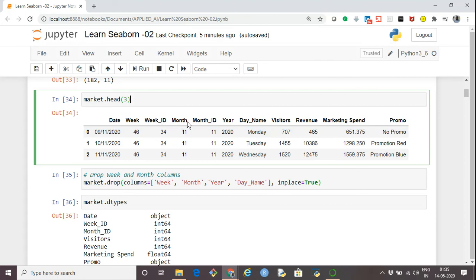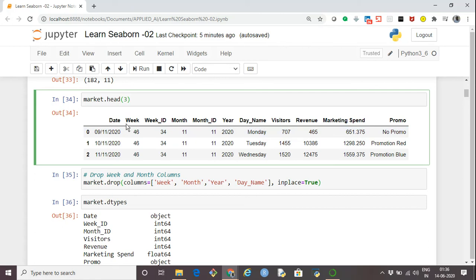The same logic is used for month and month ID. Since we already have a date column, the other columns like week, month, year can easily be derived, and also this day_name can be derived from the date itself.